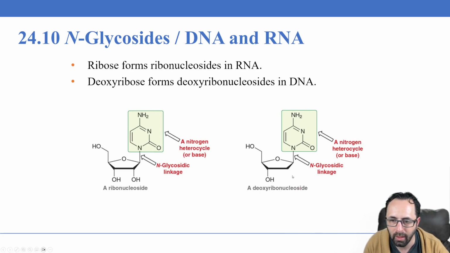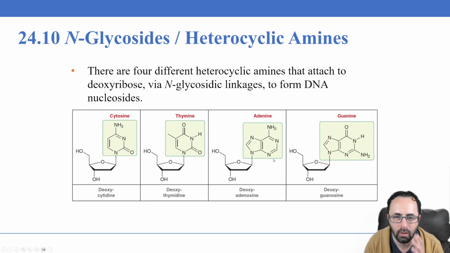It's called deoxyribonucleic acid, and so it does not have an oxygen atom here on the 2nd carbon. That's the difference between ribose and deoxyribose. So this is ribose, this is deoxyribose. But there's an N-glycosidic linkage here to the base in the DNA. So there are 4 bases in DNA. So these are deoxyribose or DNA nucleosides,